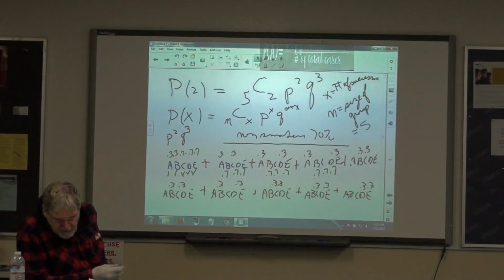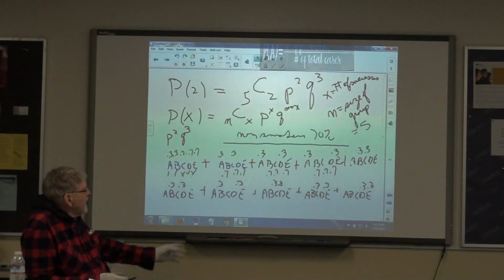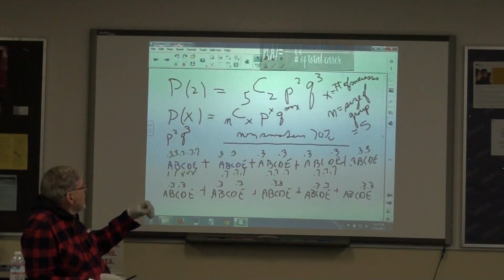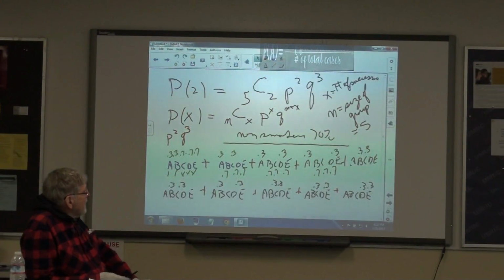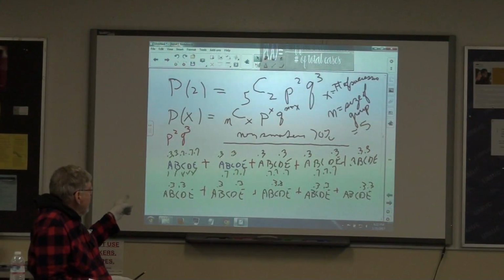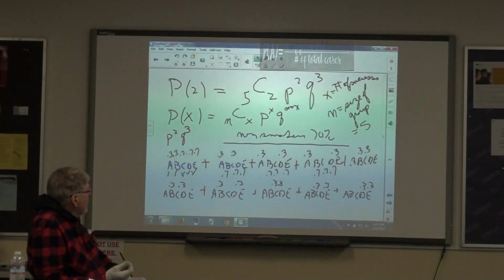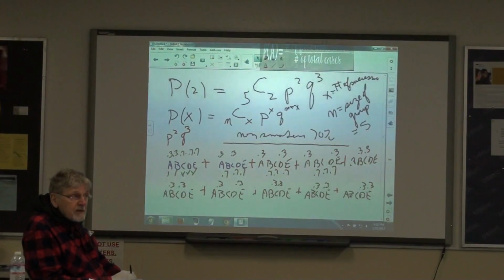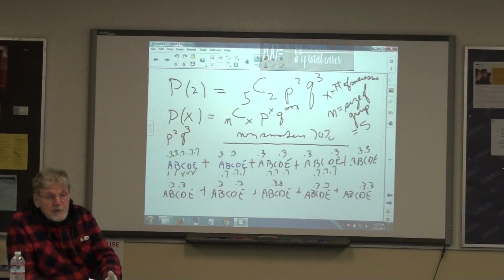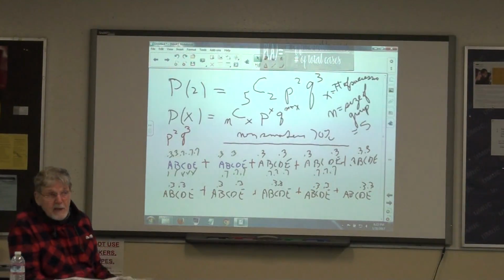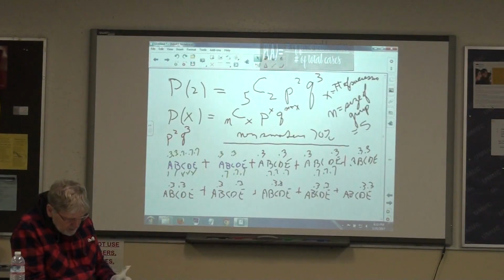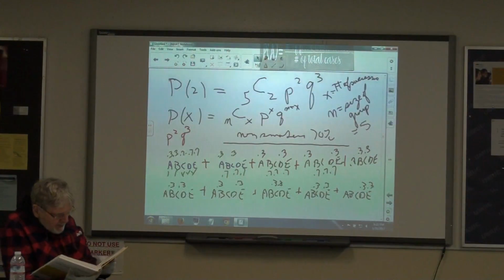Third, the probability of success remains the same in all of these trials. So, in all of these trials, like A, B, C, D, or E, they all have the same probability of smoking, don't they? Which is 0.3, unchanged. So if these qualifications are met, then we are entitled to do the analysis that I've just done. So now let's do it a little bit more slowly. Turn the page, and we're going to have some notation.